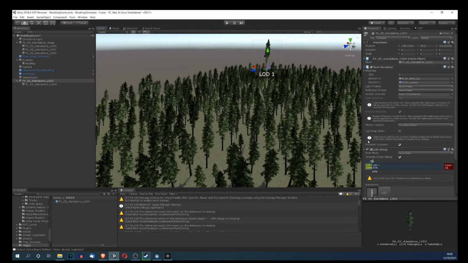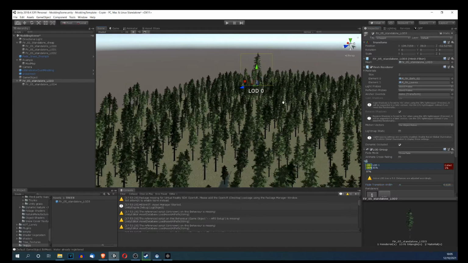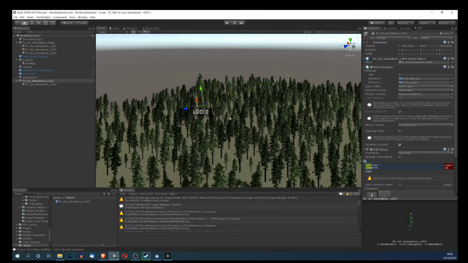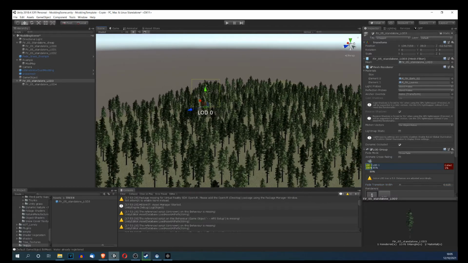If you have enough budget for CPU, you can do the smooth crossfading. If not, you can also do the crossfade not animated, but with a very short distance. So it's nearly like a pop-up, but still kind of smoother than completely no crossfade. But the best performant way is no crossfade, but also the worst look. Okay, so